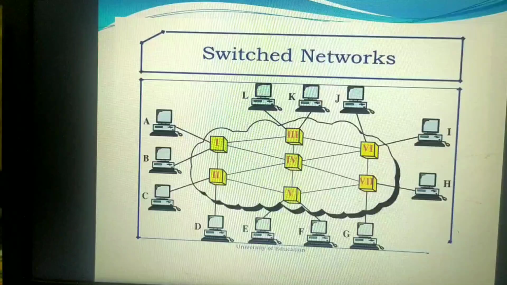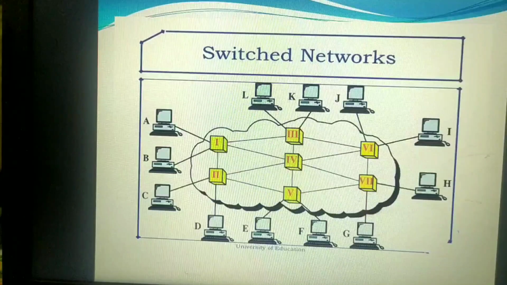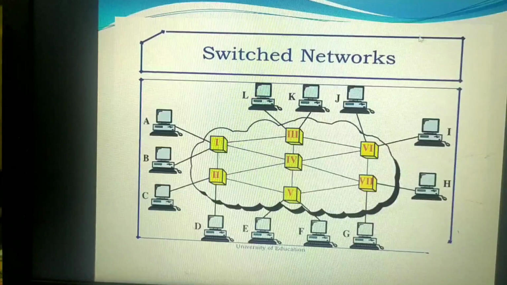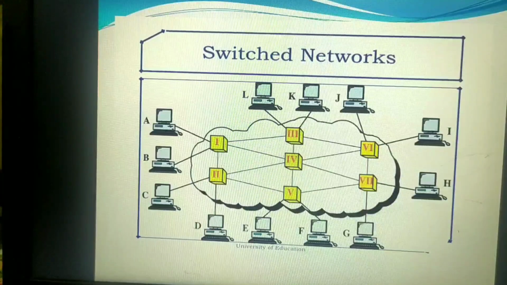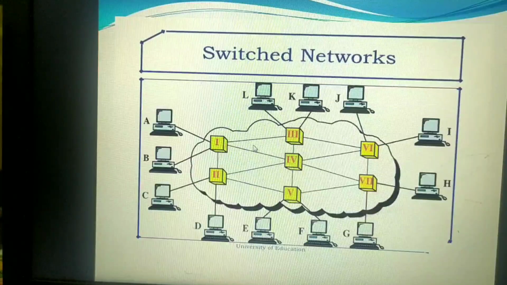Here you can see the switched network where a number of nodes are interconnected with each other by using the networking device known as switches. These are all nothing but the switches, hence we can call it a switched network. Now what are these switches? Why do we need to study the switching techniques? Because switches are the devices which make a temporary connection between two or more devices in order to make them communicate with each other.